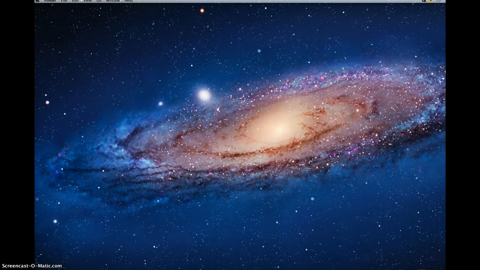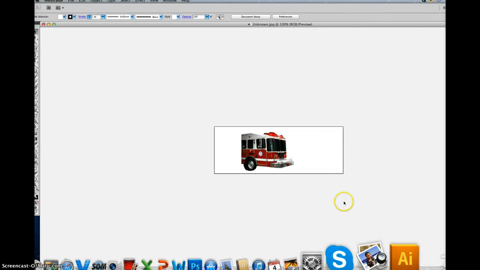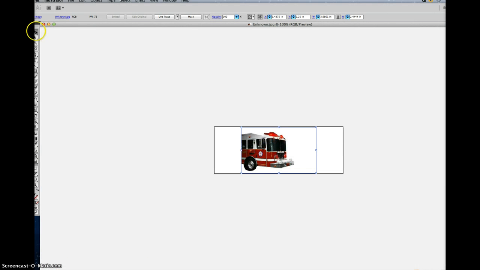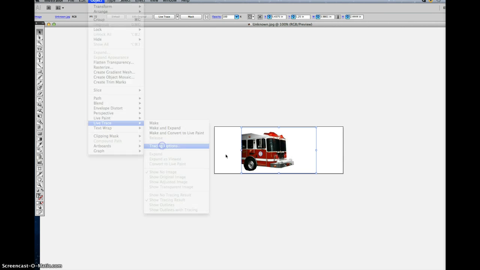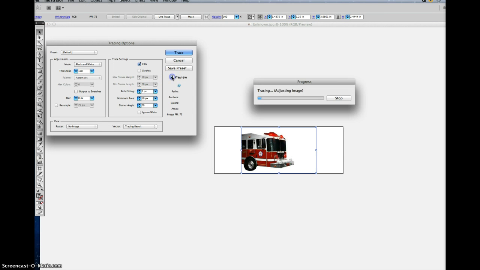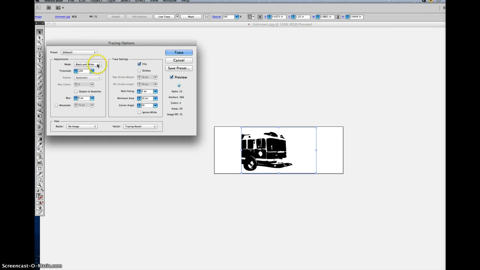I'm going to get my image and bring it into Illustrator. I'm going to click on it with the black arrow tool. Black arrow tool, I'm going to go to Object, Live Trace, Tracing Options. I'm going to hit Preview. I need to change my mode to color, and my max colors, I'm going to bump it up because